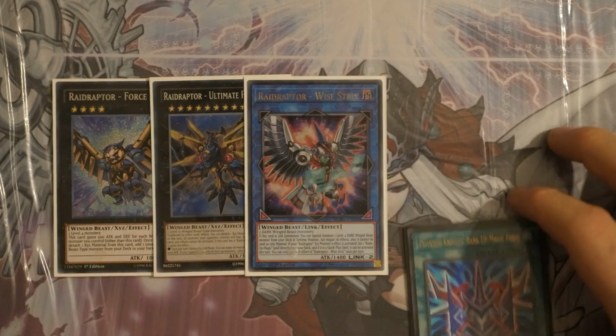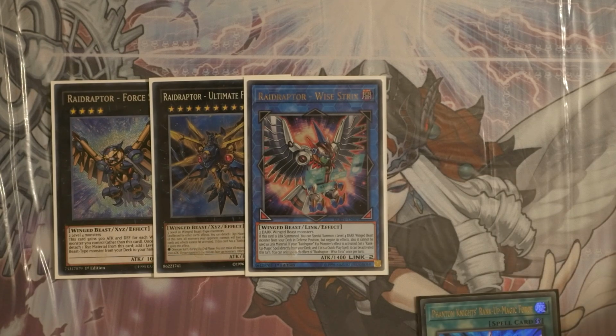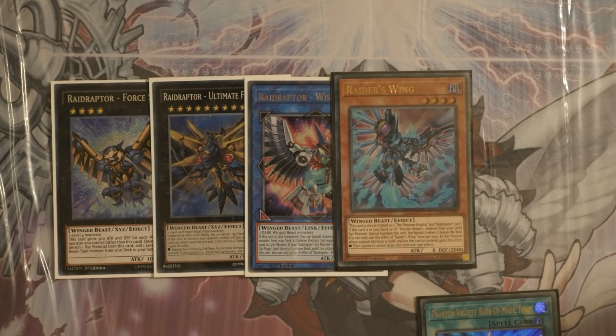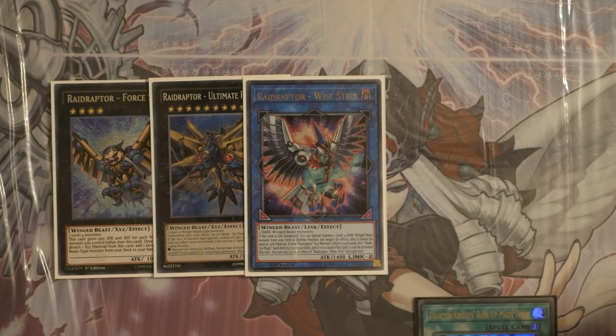But the idea is that you go into Force Tricks, detach to search, then you can use the Raid Raptor from the main deck, use this effect to detach the other material off the back of the Force Tricks, which will put your Raiders Wing there. You then get to detach, bring this back, so you've got another body on the board. You then get to activate the Phantom Rank-Up, banish 6 from the graveyard, and get to go